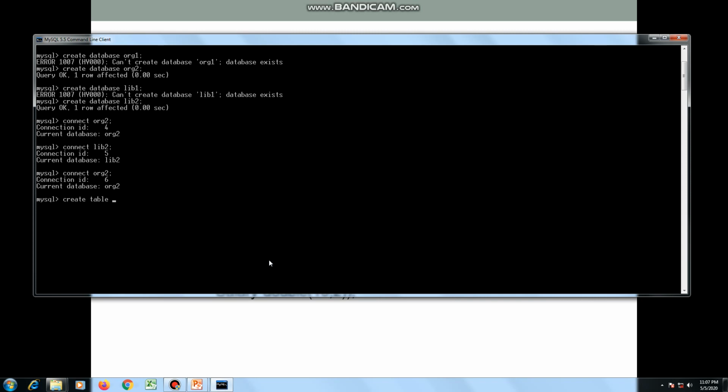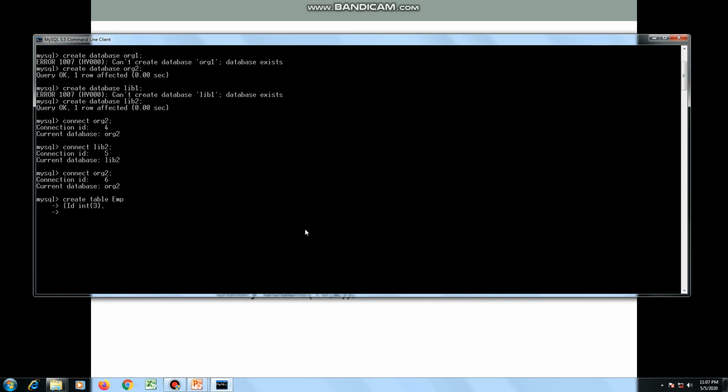Now we will specify name of our table, which is employee, then bracket starts, first field name is ID, and data type for ID column is integer, and size of this data type is 3. That means we can store an employee ID as a numerical value, and the size of that numerical value is up to 3 digit long.